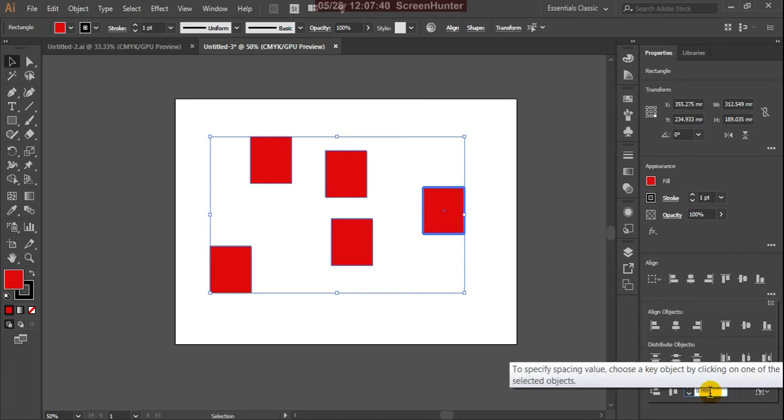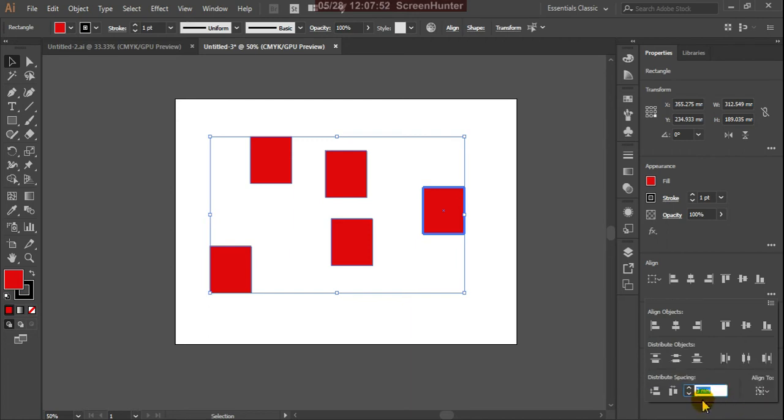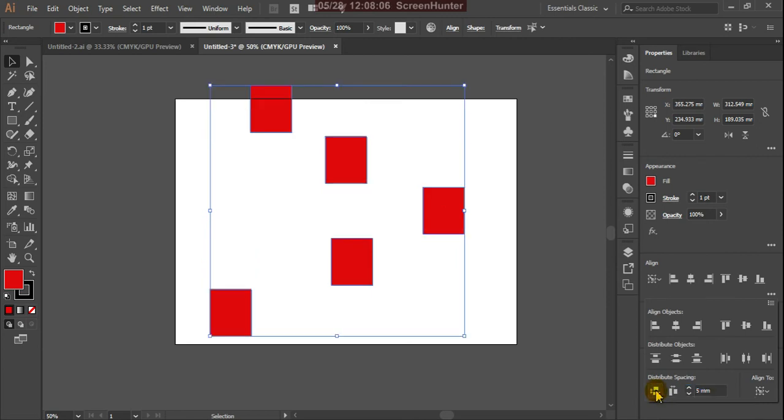To specify a spacing value, choose a key object by clicking on one of the selected objects. Yes, this is my key object, and here I'm giving 5. Now you can use vertical distribute space. See, the same objects are distributing with the same value, horizontal distribute space.